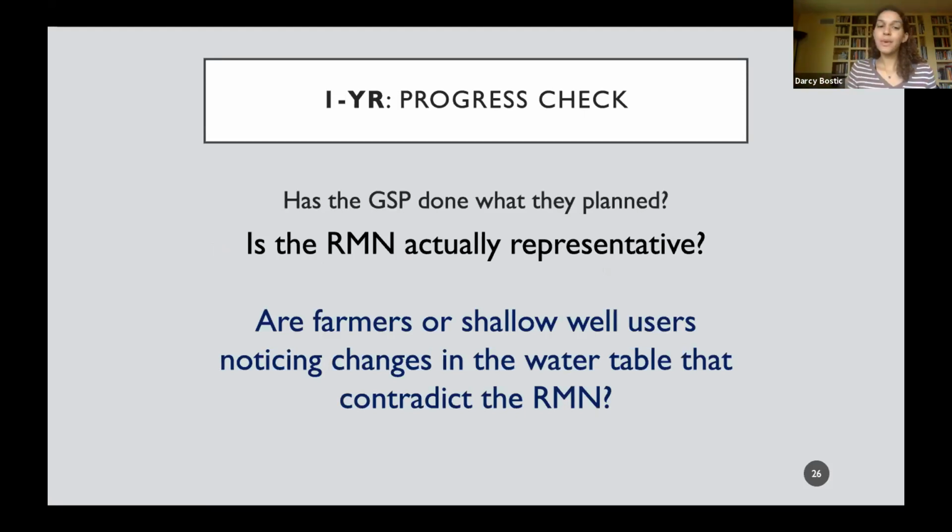And then there is a way to also look at whether or not the representative monitoring network is actually representative. A lot of you have local contacts in a lot of GSAs. So I think it's really important to look at whether people are noticing changes in the water table or in water quality that are not necessarily stated in the representative monitoring networks. You can use a lot of information from the ground to inform the data that you're seeing at the GSA or GSP level, and then use that as a way to say, hey, we're seeing a lot of changes. Maybe this network isn't so representative and we need more monitoring wells. Let's put some more in.